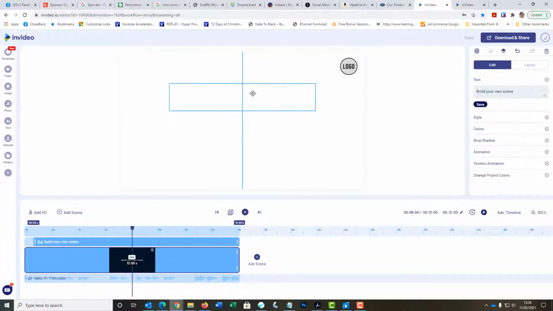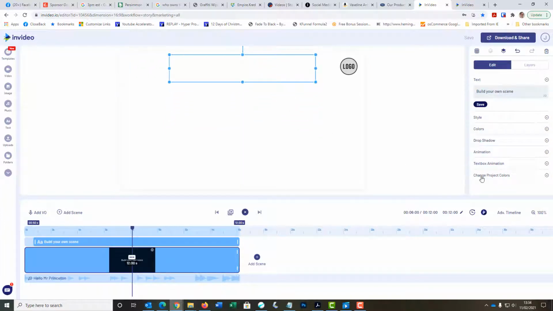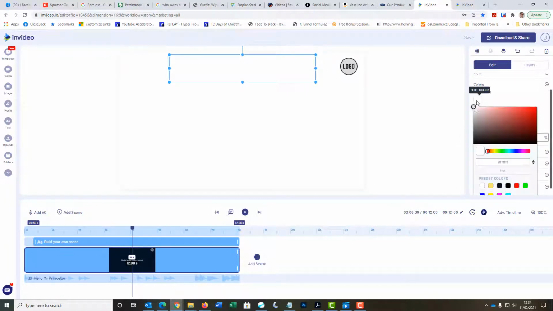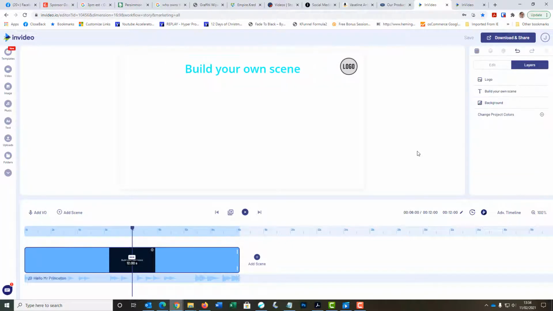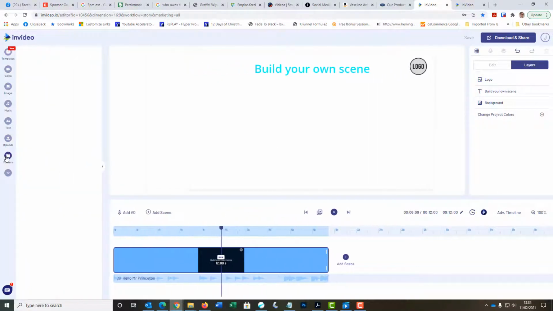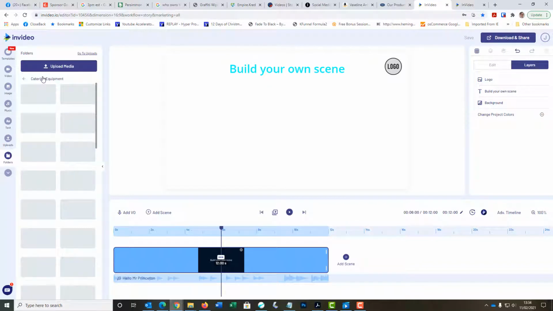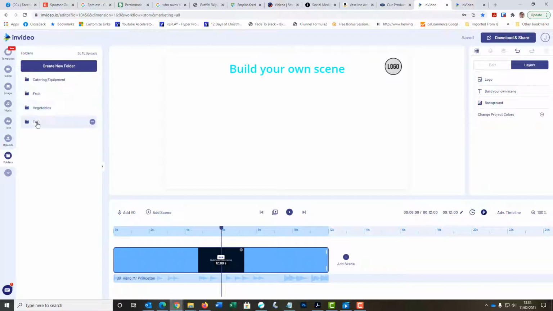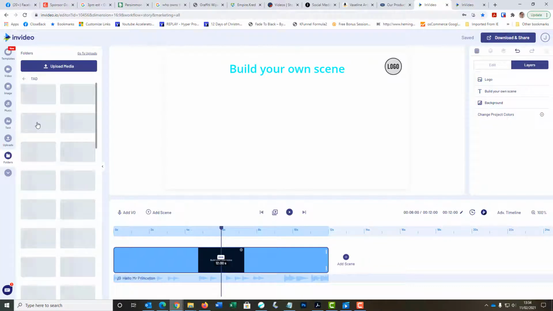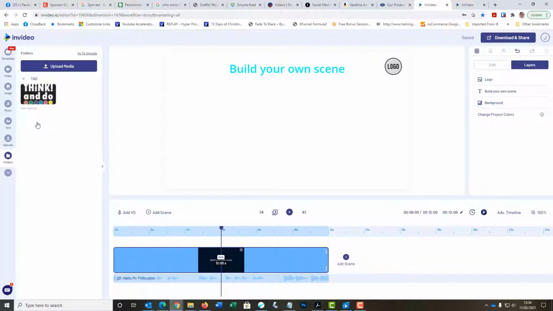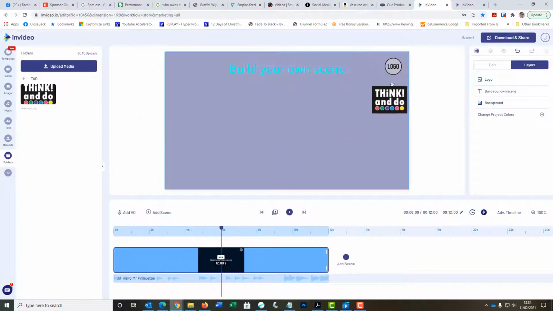There's a white piece of text here. We'll just move that up to there. And we'll change the colour of the text as well. We'll make the text, well actually let's make the text blue. Okay, so now I've got it there, and of course if I go to folders, catering equipment, no, I didn't want to go to folders, catering equipment, I wanted to go to folders, think and do. So that will open the folder, show me the media I've got there, and hey presto, I can add my